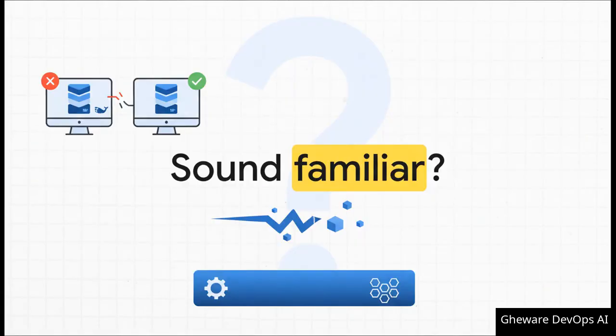If you are nodding your head right now, you know exactly what I'm talking about. That right there is the infamous "it works on my machine" problem. It's this universal headache that's caused by all these tiny, invisible differences between one computer and another. And this is the exact specific problem that Docker was invented to solve, once and for all.